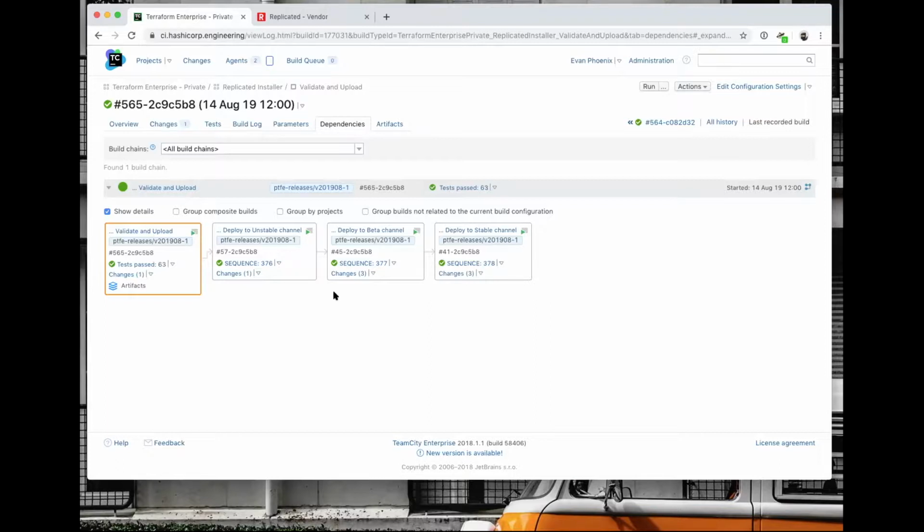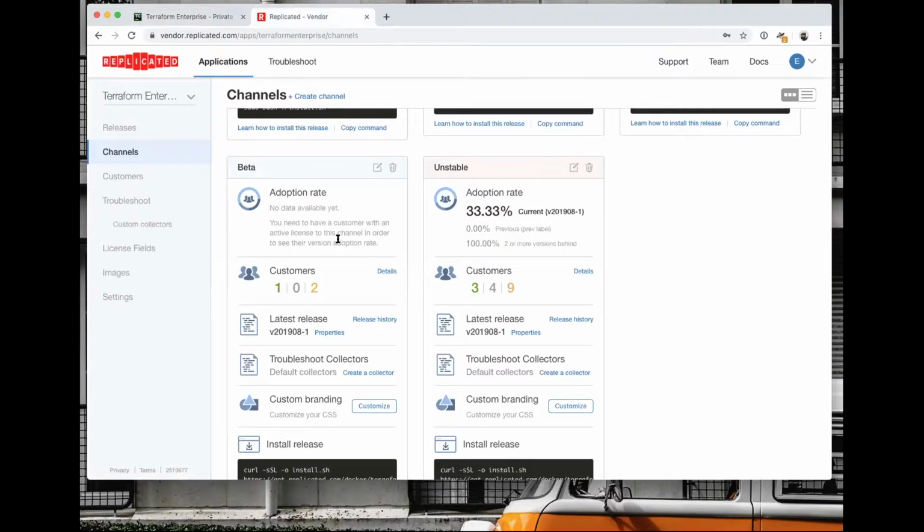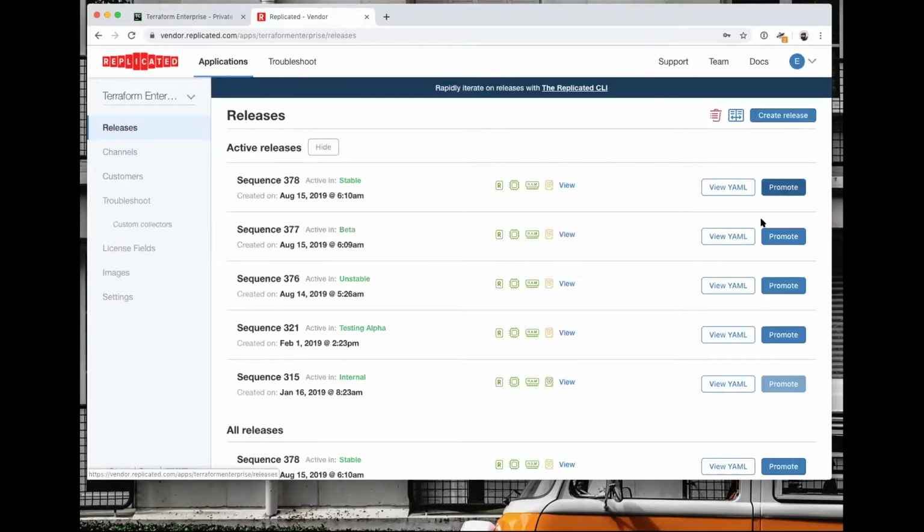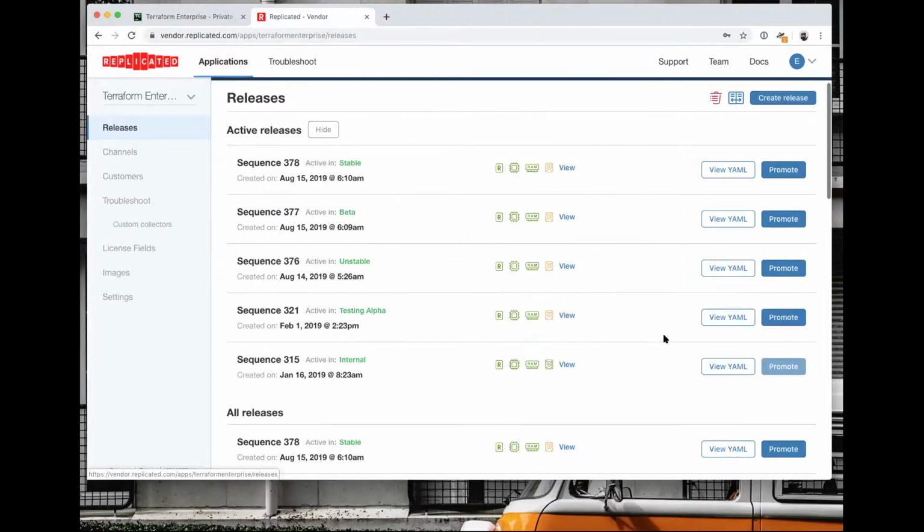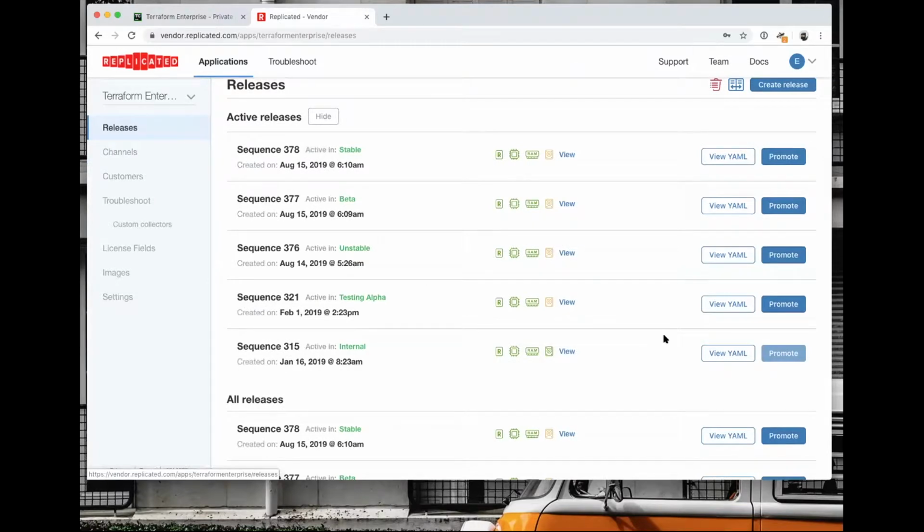And so you set this pipeline up at the very beginning of your release iteration. The interesting thing, if you flip back to the Replicated vendor portal, is that generally if you go to releases, you can click promote on a release, and most folks would use this to take the same sequence number and promote it across multiple channels.